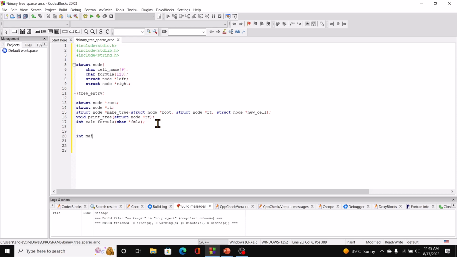We have our main function now. And within that, we need some variables. So char row_name, which will be used to take input from the user in terms of the row name, and int column_number, again to get input from the user. Initialize root to null and initialize rt to null. Remember, pointers are best initialized, right? Then we have our loop,